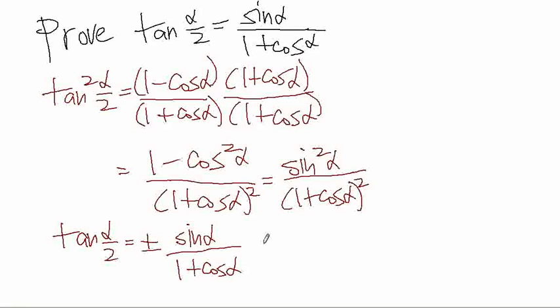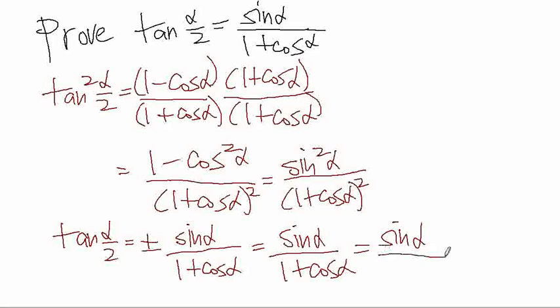So, for example, if alpha was, let's say, 10 degrees, then the left side is positive, so the right side has to be positive. The sine of 10 degrees and the cosine of 10 degrees are all positive. So we would want to discard the negative solution. And so therefore, the tangent of alpha over 2 is equal to plus the sine of alpha over 1 plus the cosine of alpha, which is equal to the right side that we had in the original assertion. All right, and so we've established